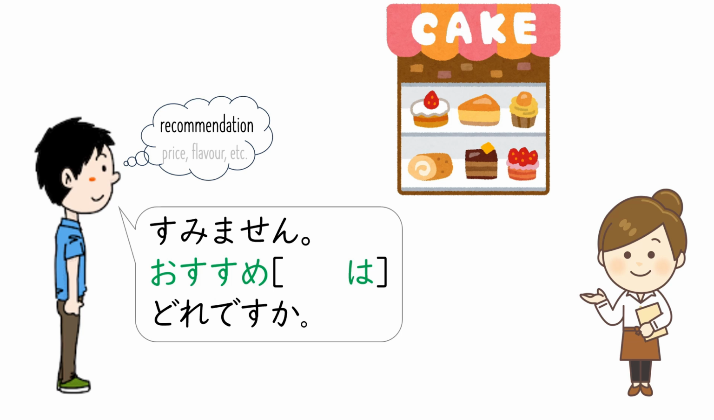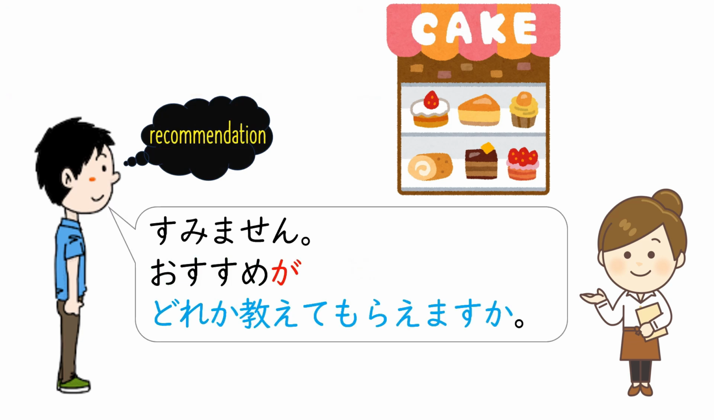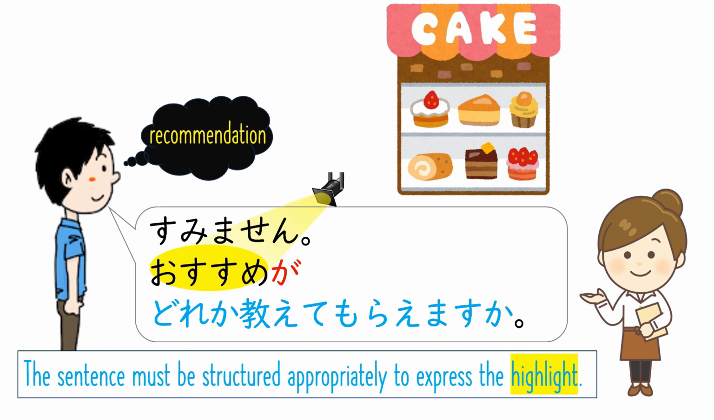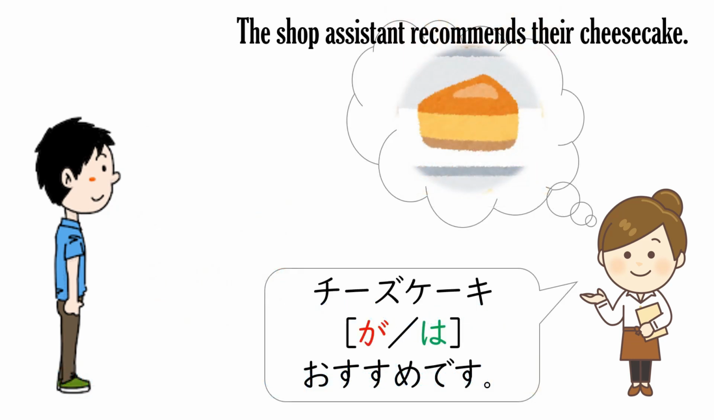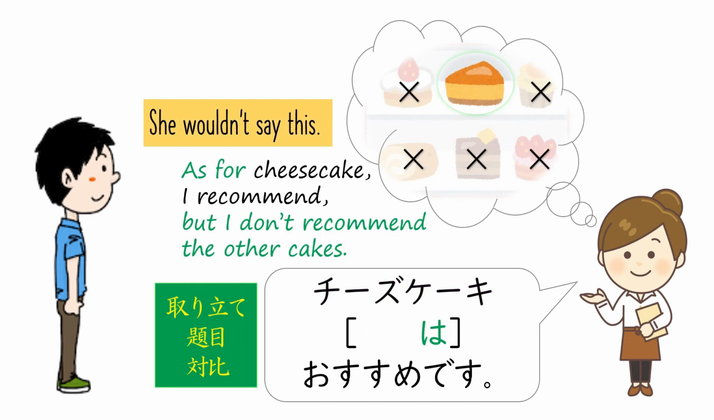すみません。おすすめはどれですか？ He selects the 題目, recommendation. He could ask the price or something else. If he wanted to emphasize or highlight recommendation, he would say おすすめがどれか教えてもらえますか？ チーズケーキがおすすめです。 She wouldn't say チーズケーキはおすすめです。